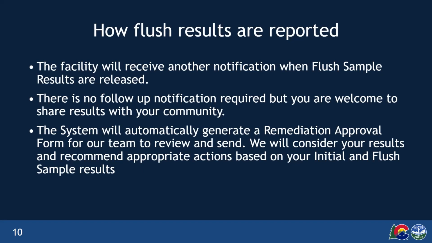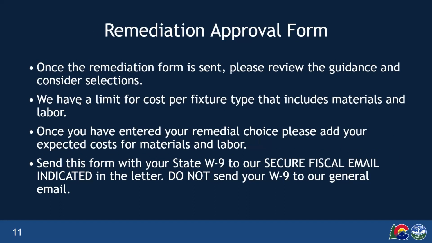Once these flush results are reported, if you have tested every location that you've listed to test and collected every flush result where there needs to be a resolution, then we will generate a remediation form. However, if you have places unresolved with a location listed to test with no result, then the system will not generate a remediation form. If you feel like you should have a remediation form sent and you have not, please contact us so we can see if there is a missing initial or follow-up result in our data preventing the form from generating. Once this approval form is generated, we will review it and send it to you. We will send it to the main sampling coordinator that we have on file.